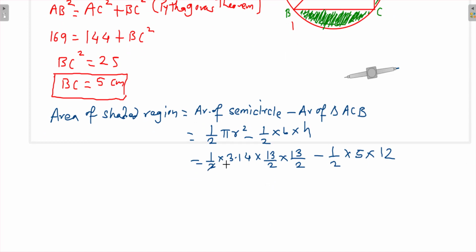So this is 2 ones are 2, 2 ones are 2, 2 5s are 10, 2 7s are 14, and this will be 2 ones are 2, 2 6s are 12, and if you solve this you will get it as 66.33 minus 6 5s are 30, which is equal to 36.33 square centimeter. And so at the end you will write the answer, area of shaded region,